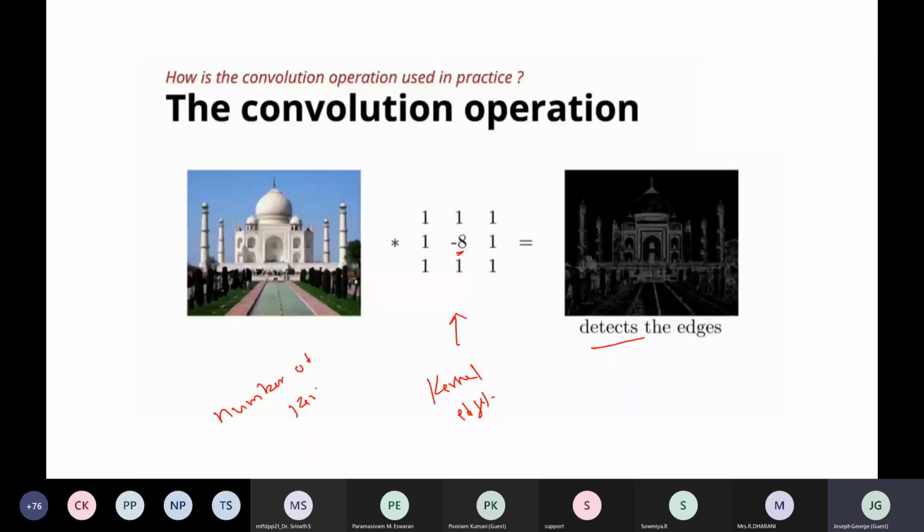When you are in the practical session, you can see we give the number of filters as 64, 32, which means we are learning 64 different features, or 32 different features. Maybe in the first layer, we may give the number of filters as 64, which means in the first layer we are learning 64 different features.